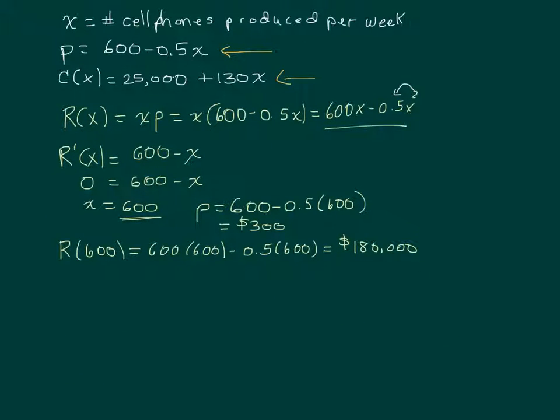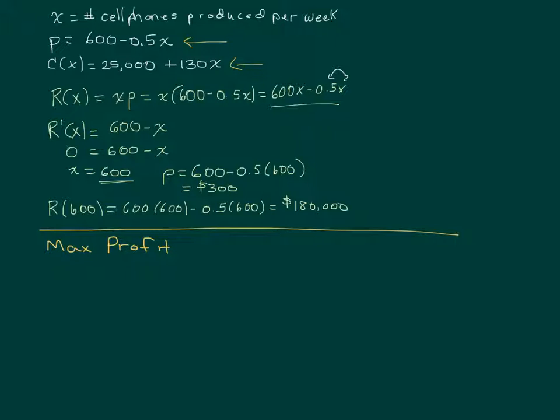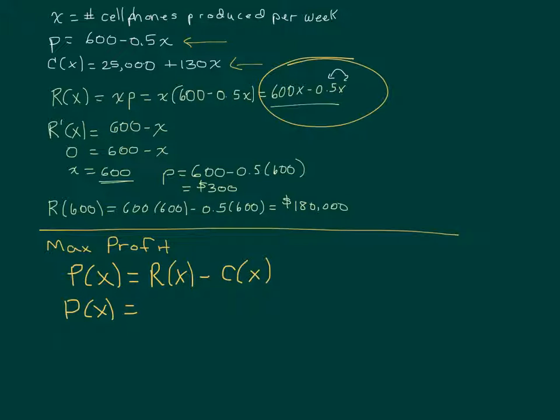Okay, the second part wants you to find the maximum profit. Well, remember, you find profit by taking revenue minus cost. So I plug in my revenue, which was somewhere up here, right there: 600x minus 0.5x squared